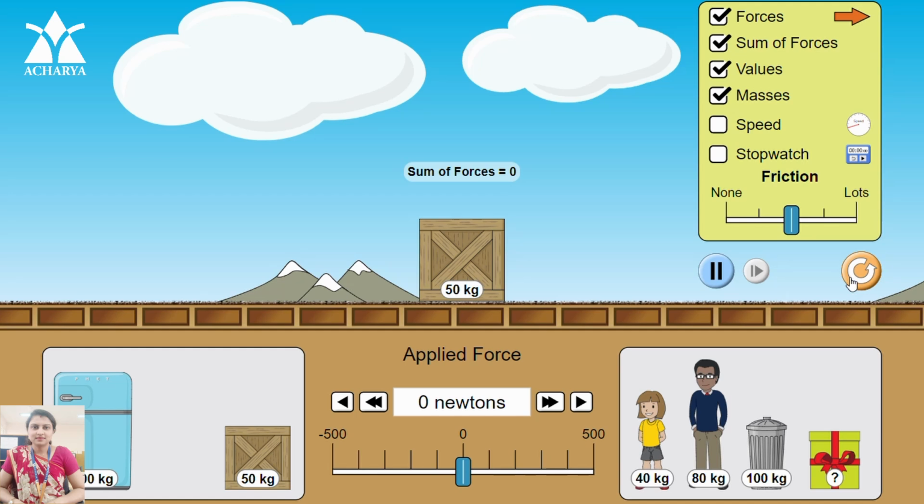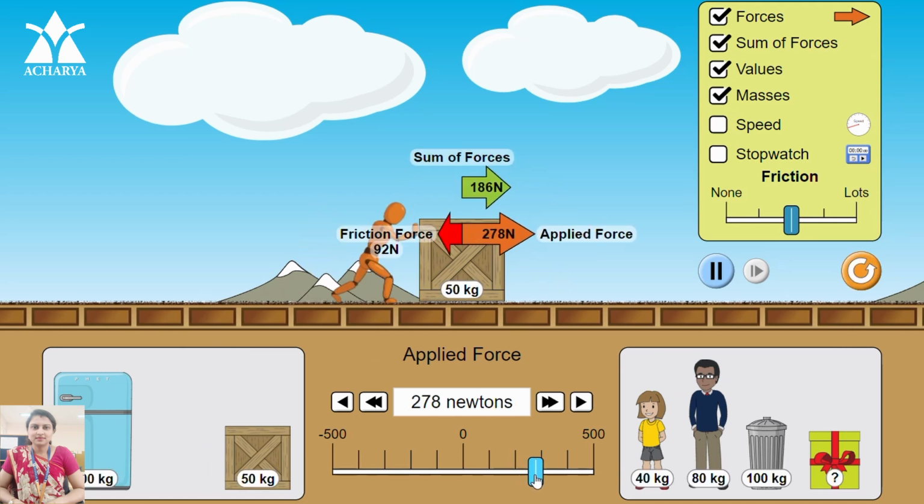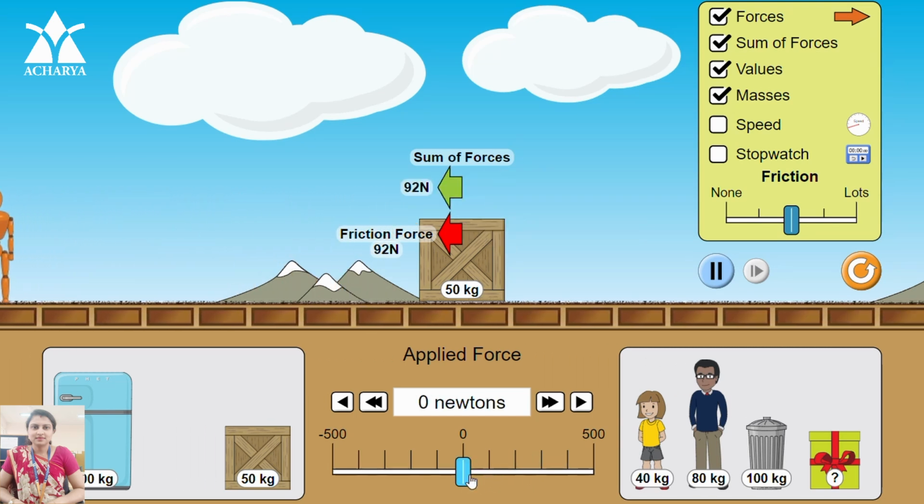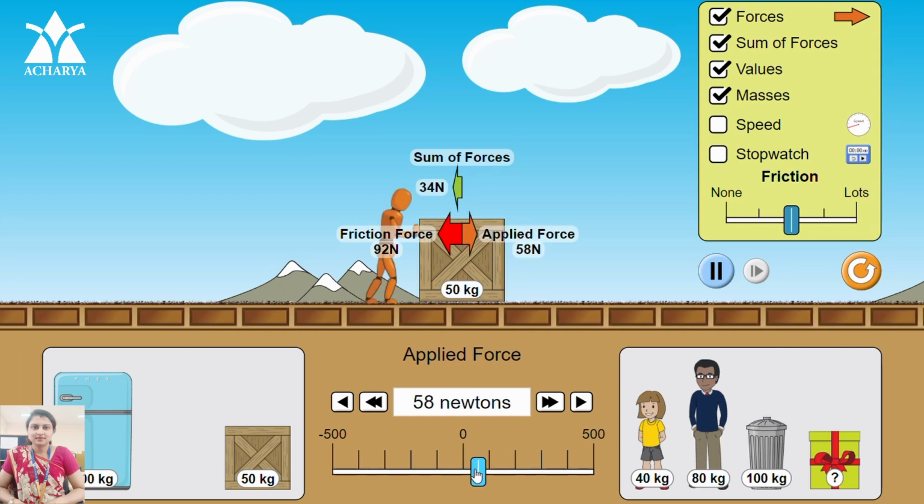First is static friction. Now you can see in the simulation, we can clearly understand the concept of friction. The box of 50 kilograms is placed on a rough surface, and when we try to push it, it does not start moving immediately. This is because a force called friction acts between the box and the ground. Friction always acts in the opposite direction of motion, which is shown by the red arrow pointing opposite to the